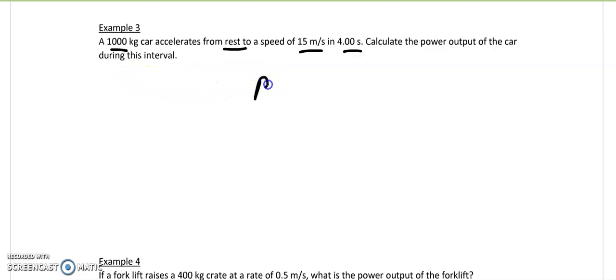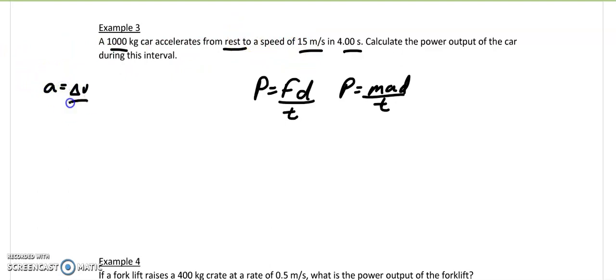If you think about this in terms of force times distance over time, or power is equal to work over time, we don't have distance, but we've got initial and final velocities. So with the acceleration being equal to change in velocity over time,